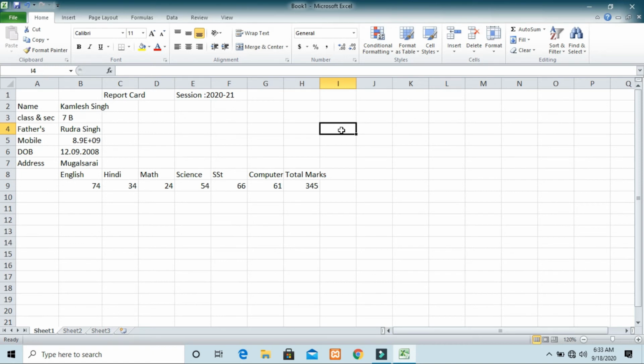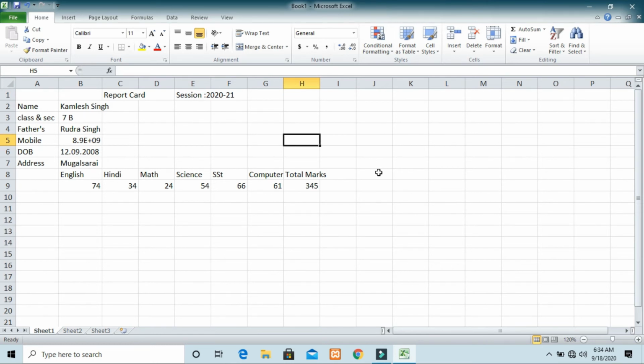It means that a few minutes before I removed this session 2020, but when I pressed Ctrl plus Y for redo, it again showed the removed step. It means it again shows the undo's work. So that is the use of undo and redo.